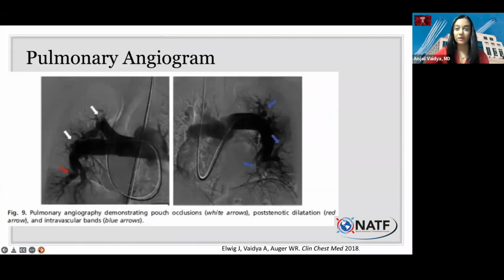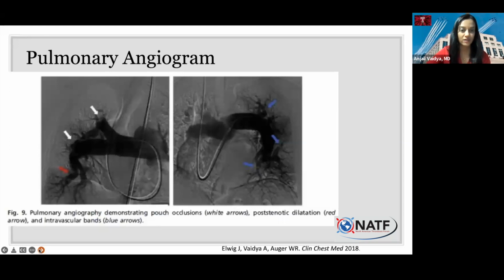And finally is the pulmonary angiogram. And this is done at the same time of the right heart catheterization, where the catheter goes into the pulmonary arteries. This is the right lung on the left side of your screen and the left lung on the right side of your screen. And the dark color there is the contrast that is filling in the pulmonary arteries. And the gray sort of blank areas on the edges of both lungs are areas that are not getting good blood flow. And that's from chronic blood clots.